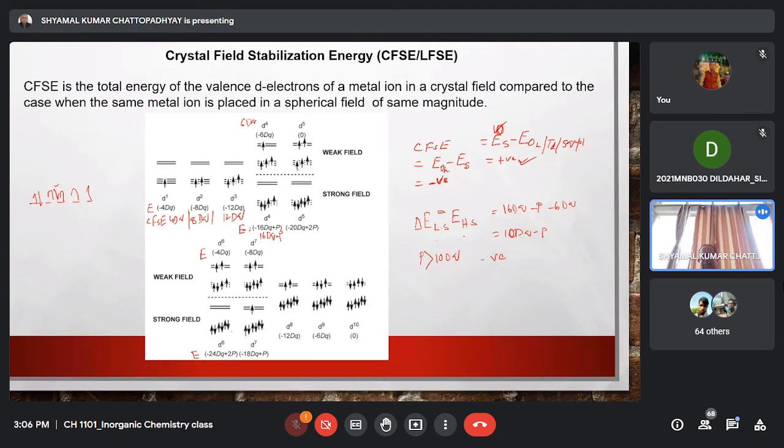This is negative, right? This is negative means high spin has got lower energy than the low spin. That means high spin is more stable, right? High spin is more stable than low spin. On the other hand, if 10 Dq